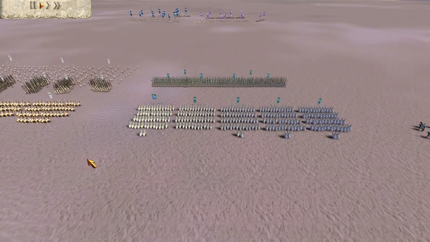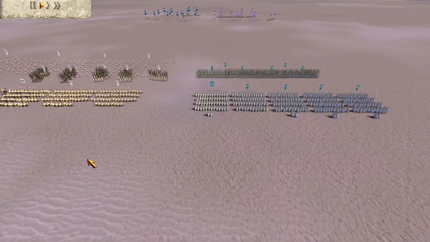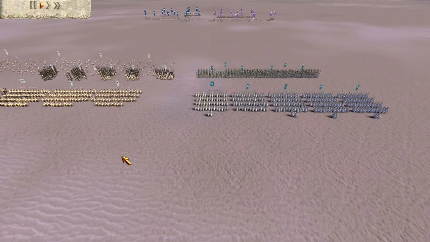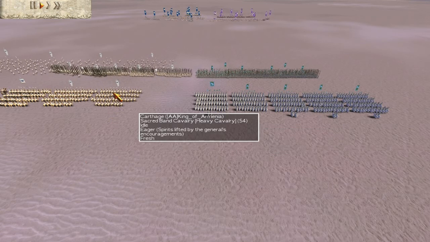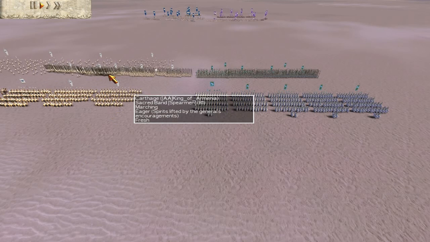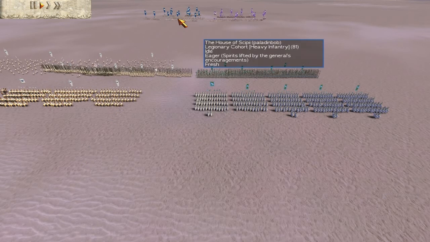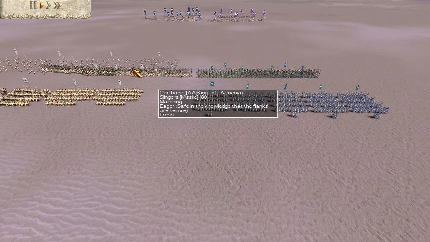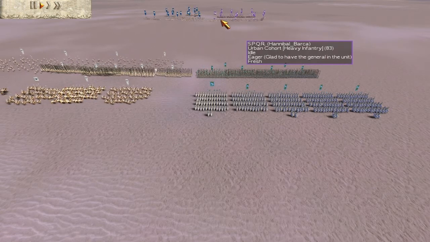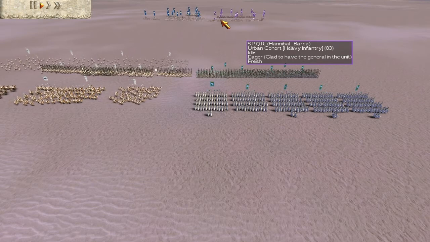This will probably be the last Rome Total War, or regular Rome Total War, battle for an exceptionally long time. And the winner faction that I'm going to be using is Armenia. I'll be teaming up with King of Armenia, who was in the last fight. He is Carthage, and we're facing Paladinbob, who is the Scipii again, and we swap teams over. King of Armenia joined me, and Hannibal joined Paladin, and Hannibal will be in command of the SPQR Romans, or